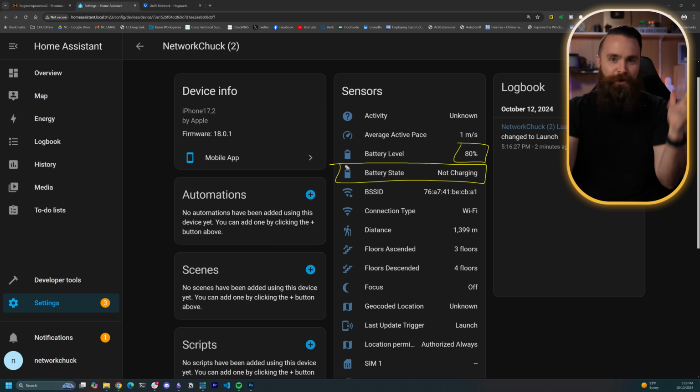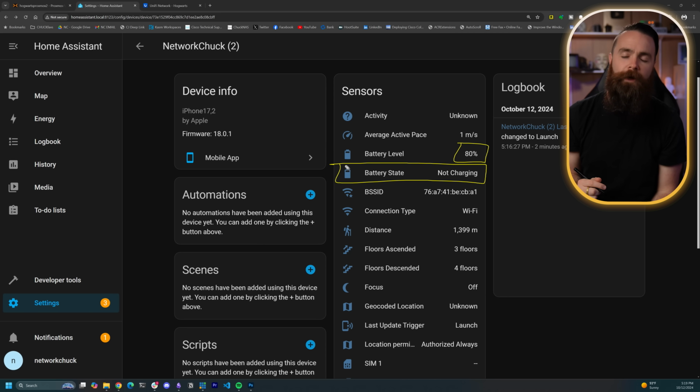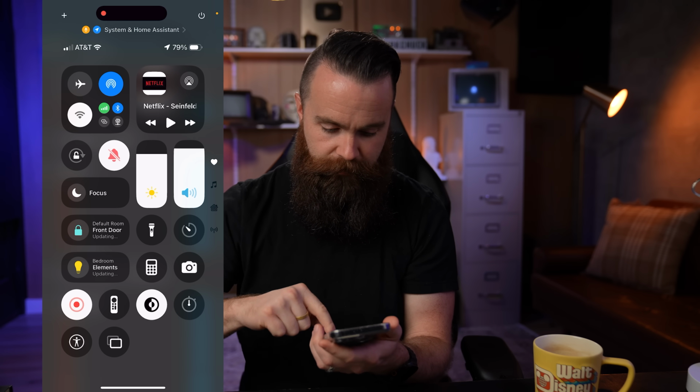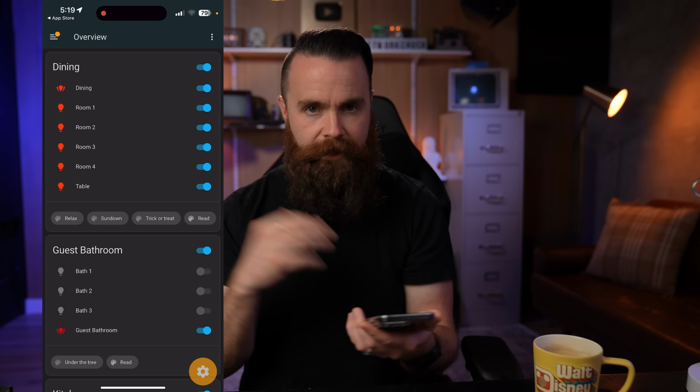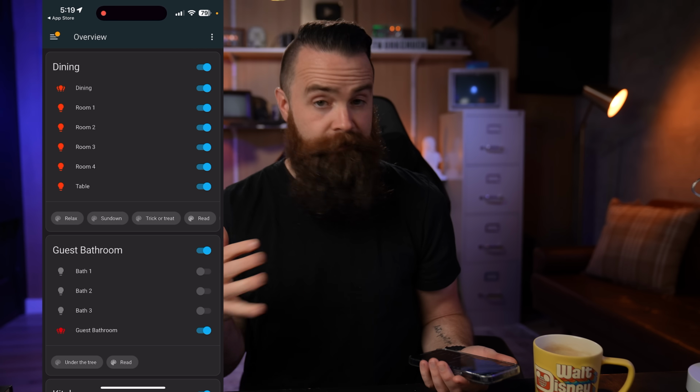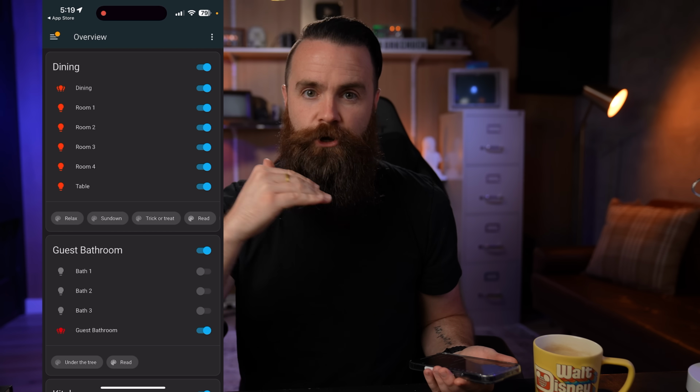Or do an alert in the house. Like, you can do whatever you want based on this stuff. It's so powerful. But it's only powerful if you're always connected to Home Assistant. So right now, I'm in my studio, but if I get off Wi-Fi, watch the message that happens. Connection lost, reconnecting. Unlike other cloud-based things, this is a good thing, you can only connect to your Home Assistant on your network. But if you want to access your home automation from anywhere, let me show you how to do that right now